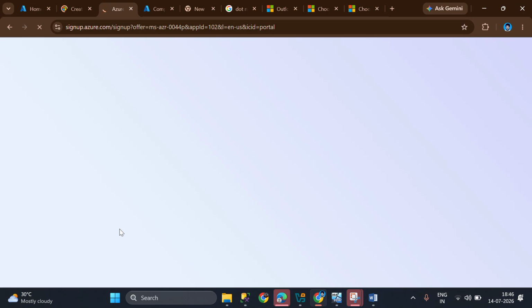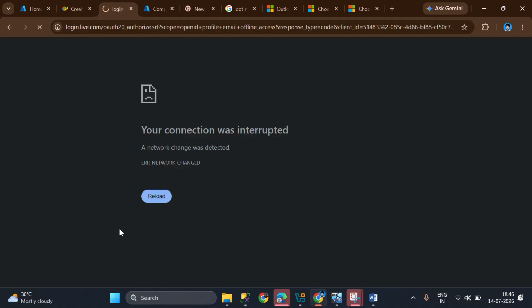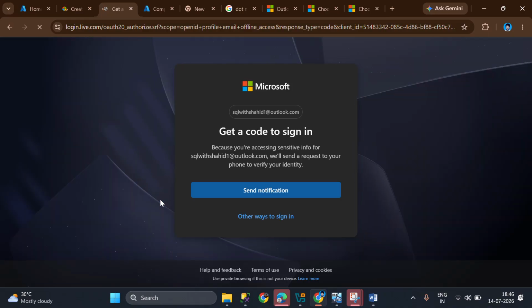For that, a credit card is mandatory. It will deduct 2 rupees from your credit card, and then after that, if you want, you can go pay as you go, okay? Until and unless you pay, it won't charge automatically, okay? Then after